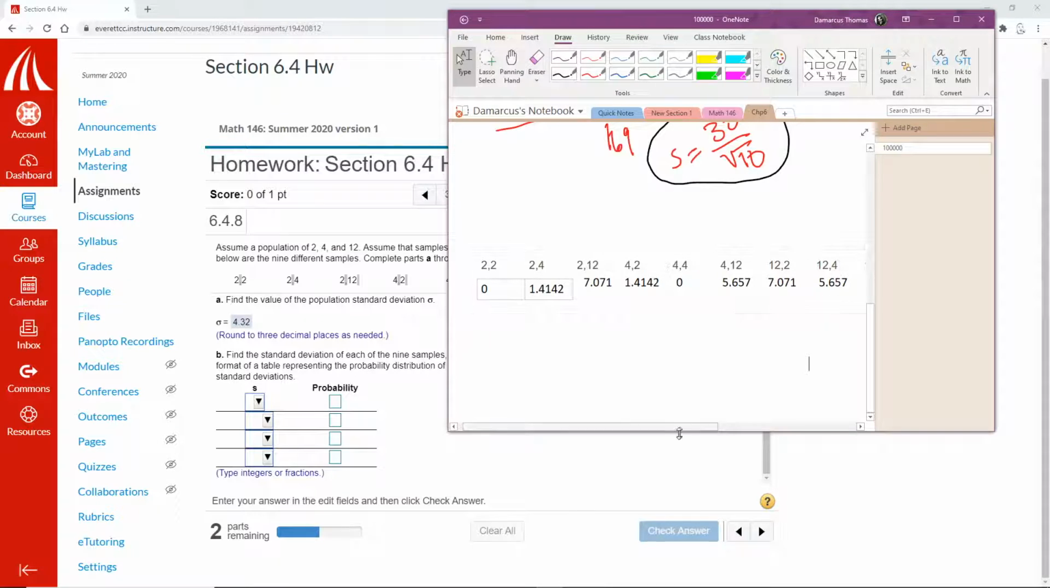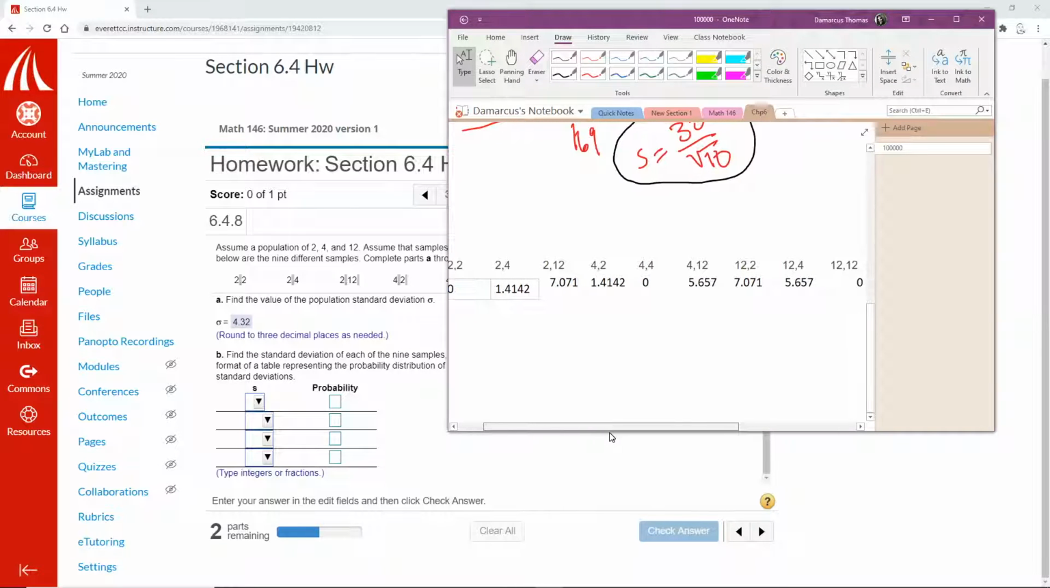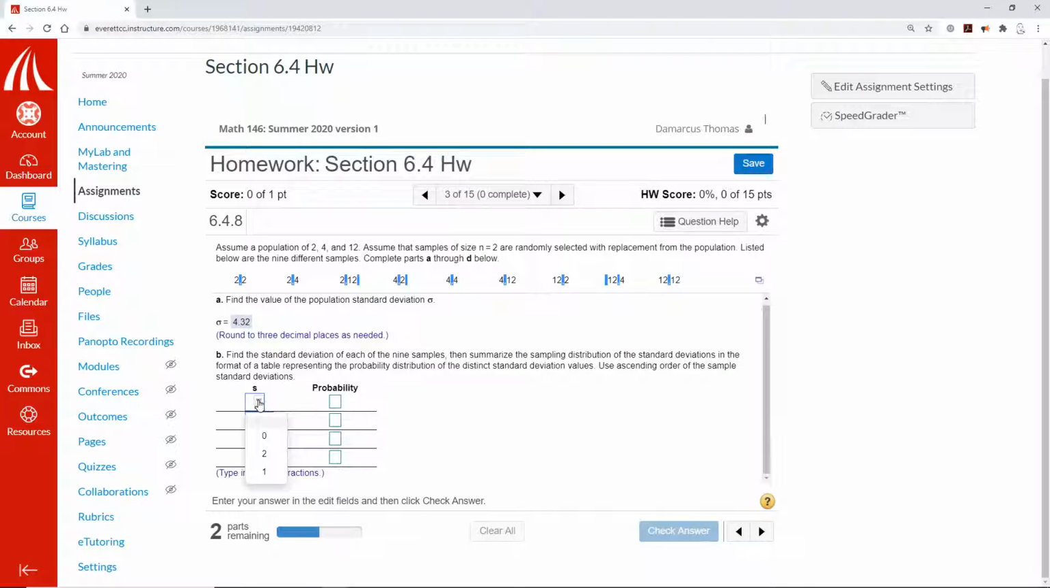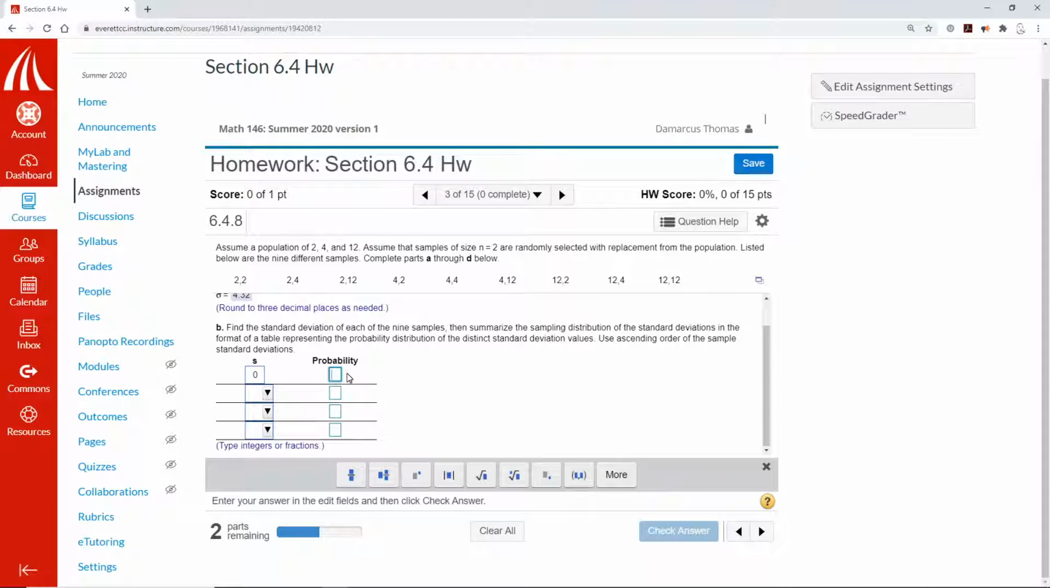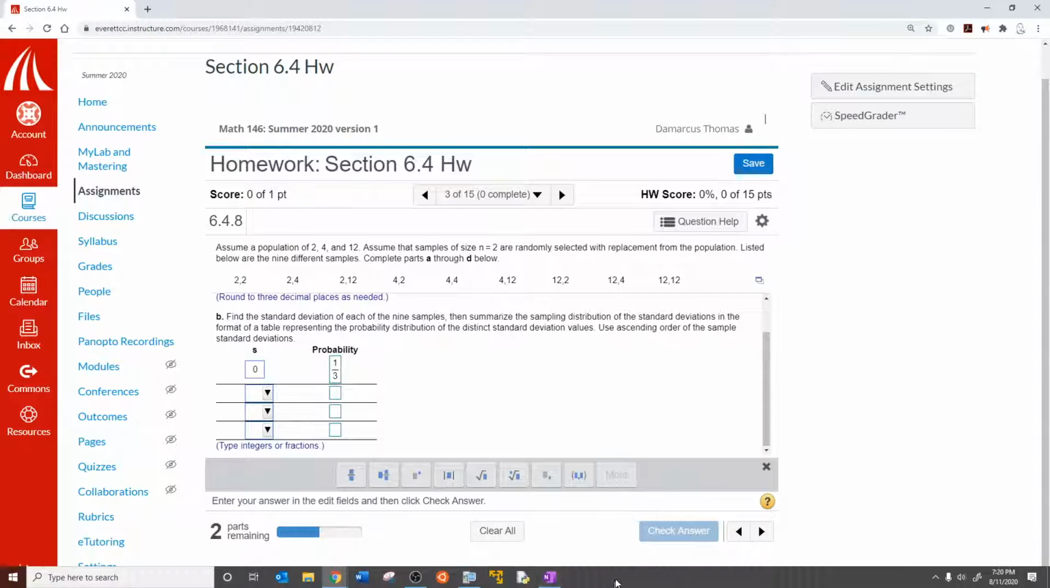And there's 9 of them. There's 3 zeros out of 9. So the probability of getting 0 is 3 over 9, which reduces to 1/3. Now my next value